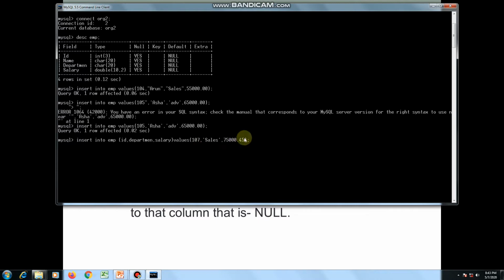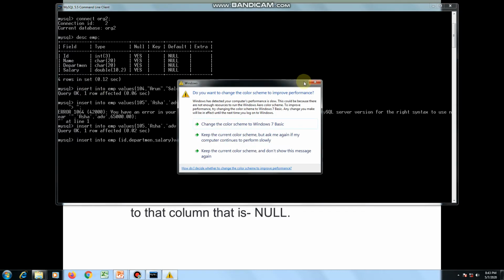So if we want to skip a particular field value, then we need to specify each and every field name here. Otherwise, like in the previous query, we didn't use any field name list, like we are using field names in this query: ID, department, salary. But in the previous query, while inserting values for all the columns of a table, we didn't use any field name list.